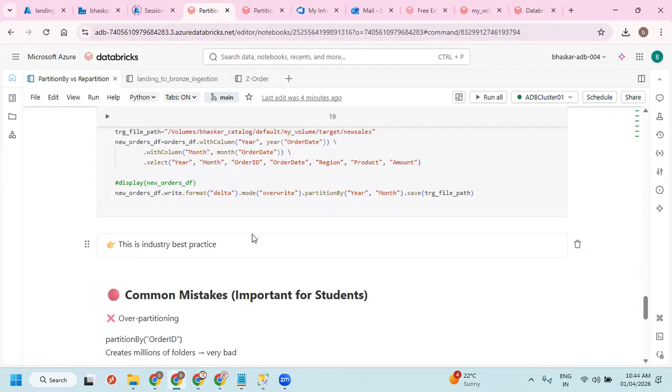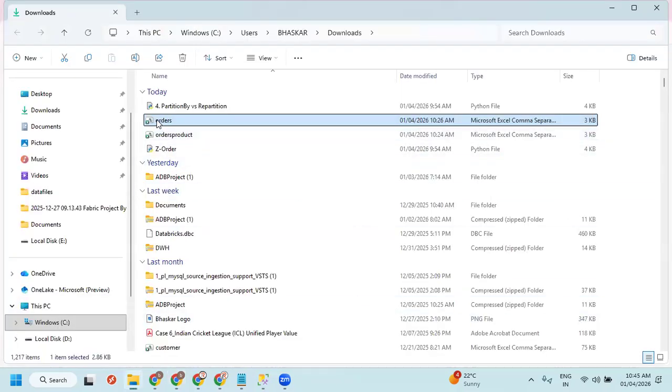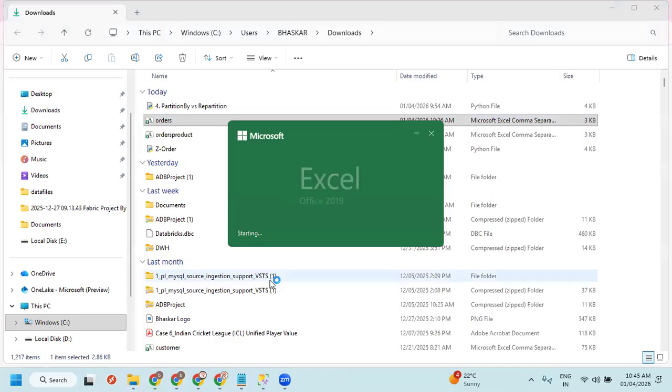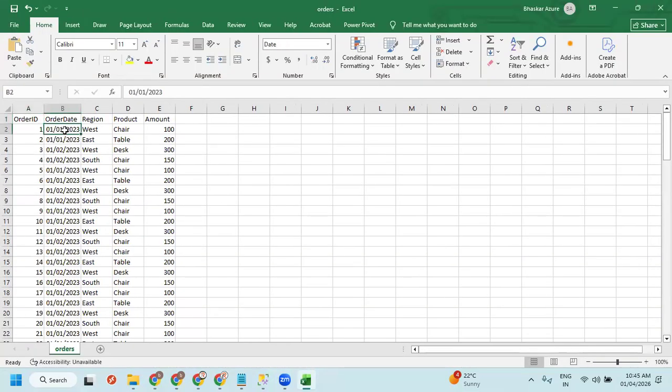I'll tell you how we can change the data in the source. I'll change only the year, that is better.